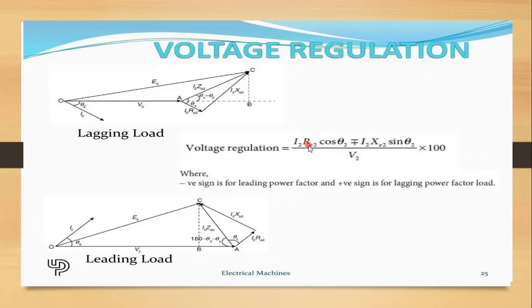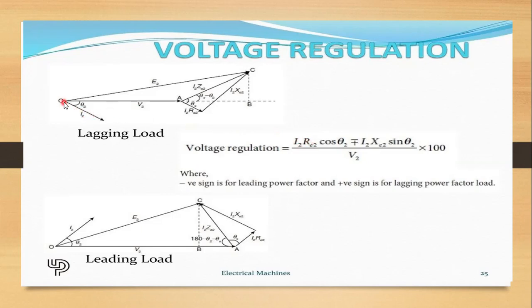And then I2 into Re2 is called the voltage drop. Am I right? V is equal to I into R. Re2 is nothing but the resistor, so the voltage drop across the resistor is I2 into Re2. That is the secondary winding resistance. So I2 Re2 is the voltage drop across the resistance, and across the resistance, voltage and current are in phase.